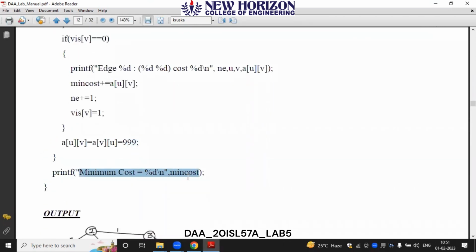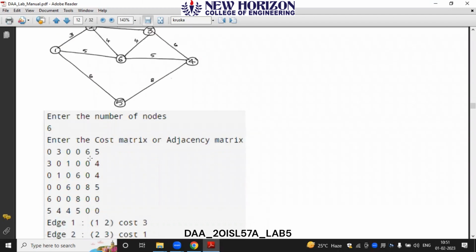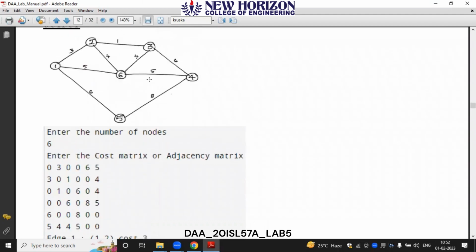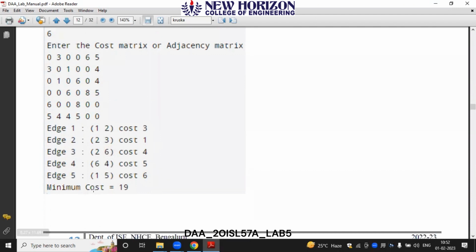So finally, we are going to print the minimum cost. This is how the output looks. This is your graph. We are going to enter the number of nodes. We have taken the same graph for Prim's algorithm and Kruskal's algorithm so that you will get the same output even if you execute either one of the methods. Okay. So you're going to give the input and you're going to get the minimum cost as the